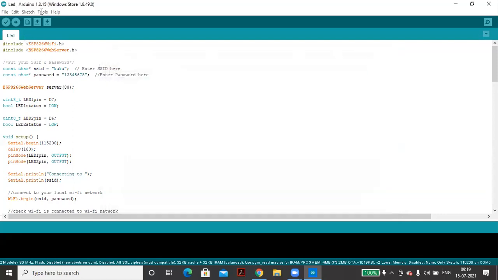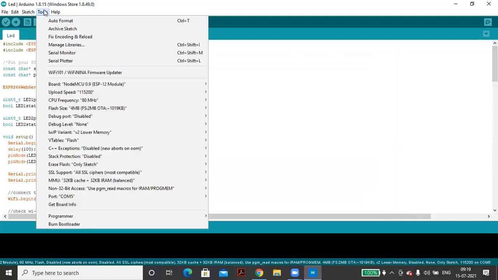The second problem you might face is selecting the COM port, the communication port. Sometimes your COM port will not show, because of a missing driver. So you have to download the driver, and then this problem will also go.